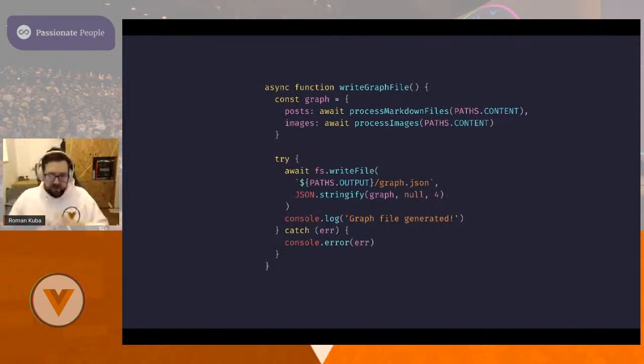But let's jump to the important part, the write graph file. So once we have our post and our images, we get all of them into place. That's where we say, okay, now let's write our graph file, put it all back together. And that's also as easy as this. We can even use a try catch. So if anything happens, we can use default JavaScript, and it will give us information if anything breaks. It was super handy. You can always see where something failed and so on. That was quite handy so far.